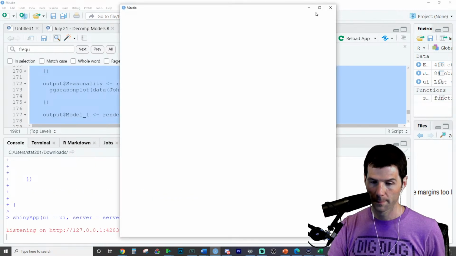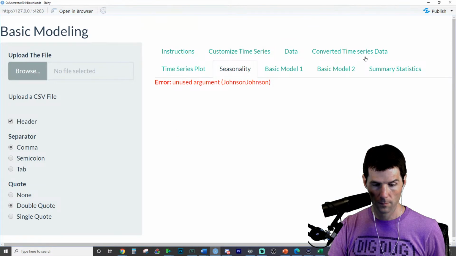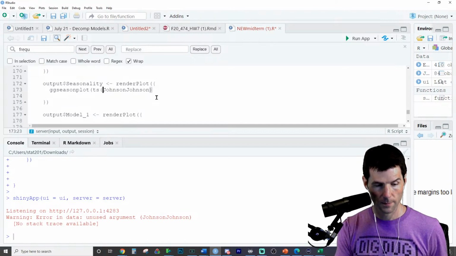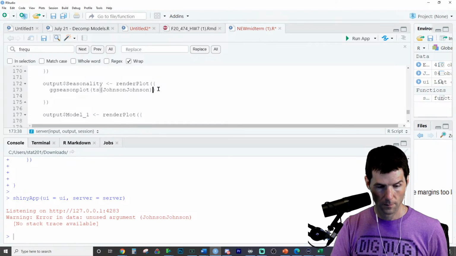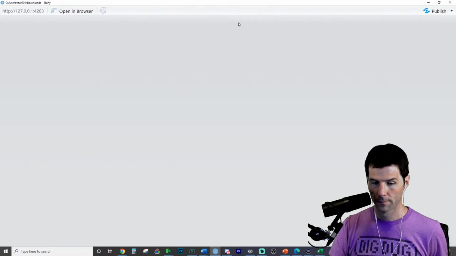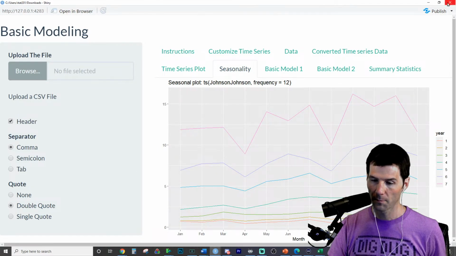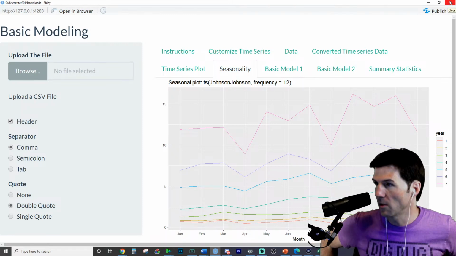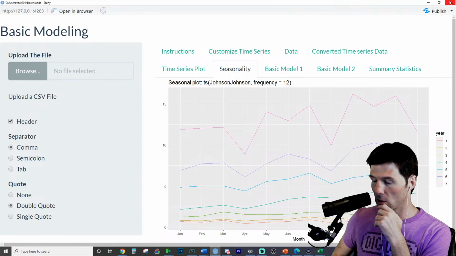That calls it. Two seconds. Okay. So the page is working. It is sending output. I'm just debugging right now. It's not even frequency 12.